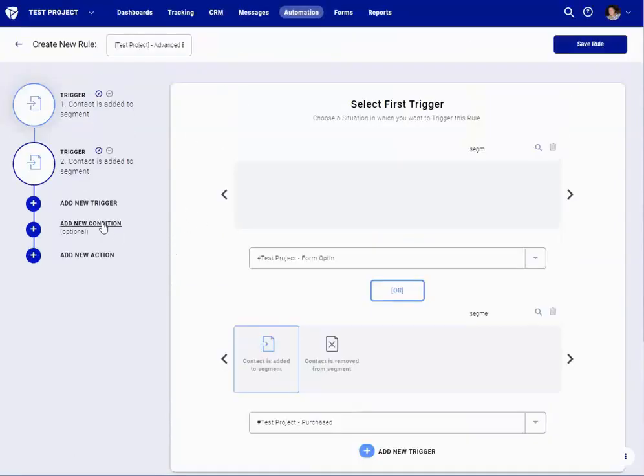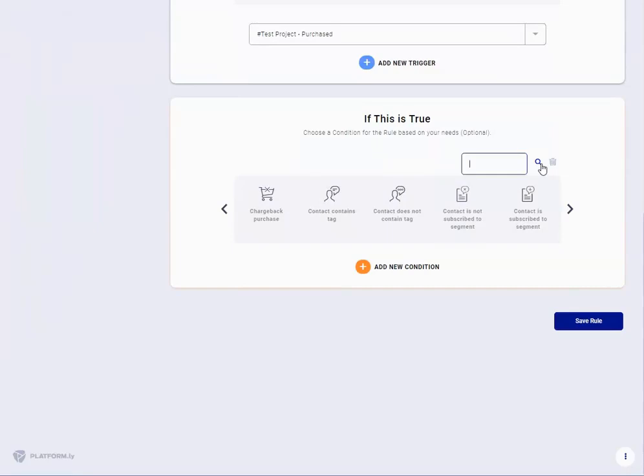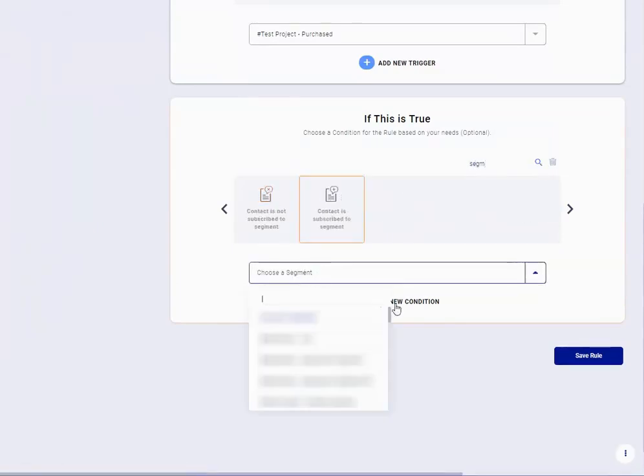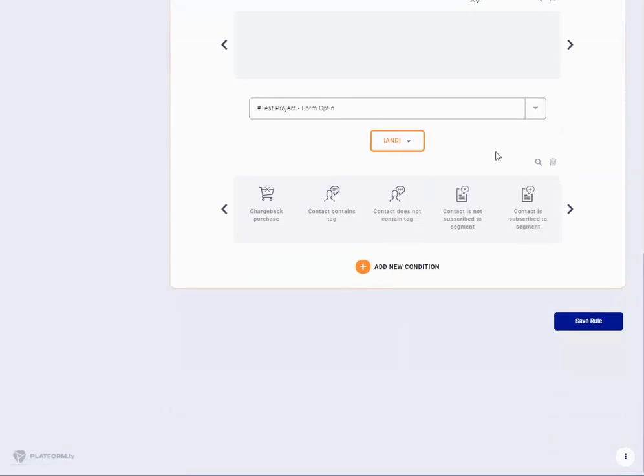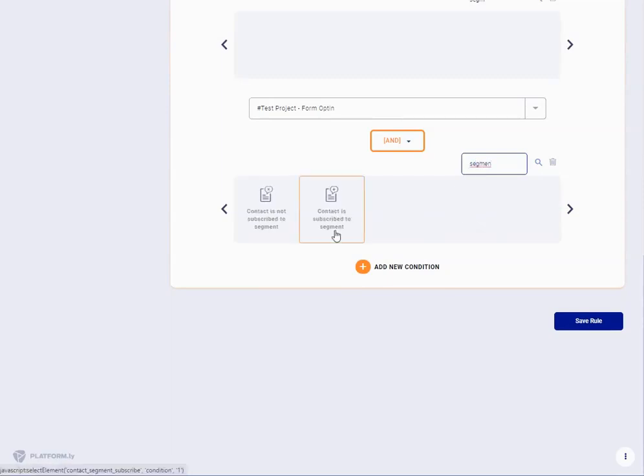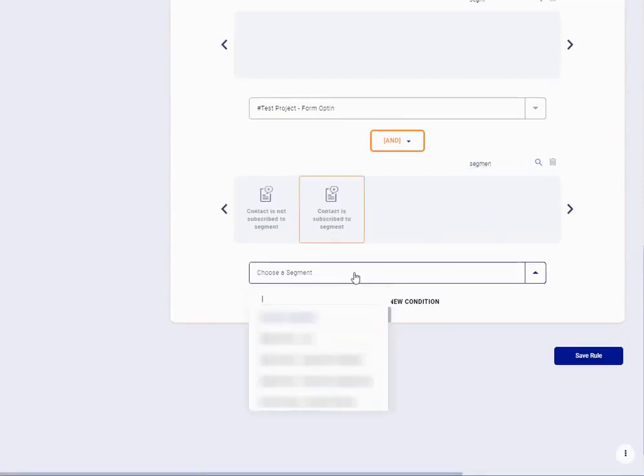Okay, so then we are adding a condition and saying, okay, if the user is subscribed to test project form opt-in, and so we choose and from there we click again segments, we search for segments, is subscribed to purchased.